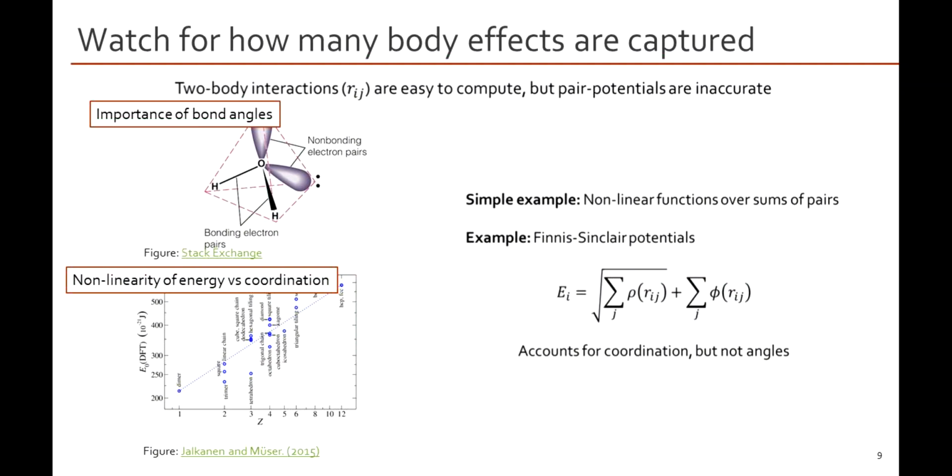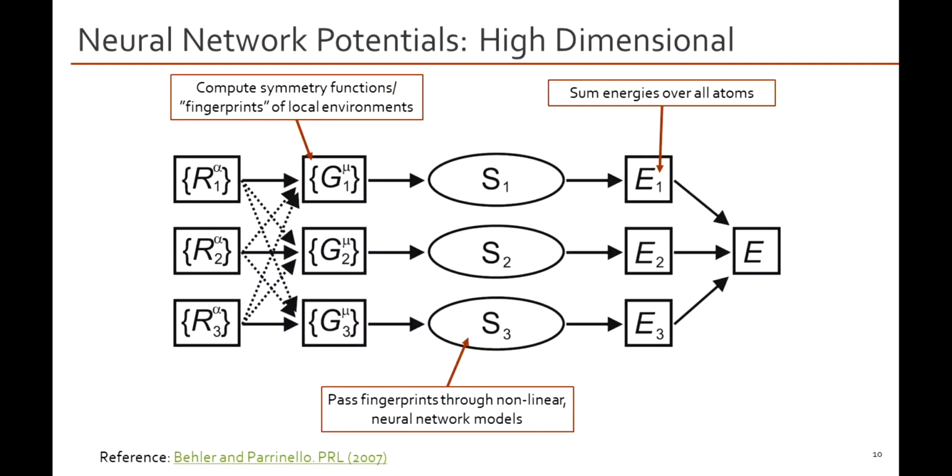And the first of which is one of the earliest that were developed, and this is the so-called high-dimensional neural network potential, which was developed by Behler and Parrinello in 2007, which has 3 main features to note. The first of which is I use as the inputs to my machine learning model these fingerprint or symmetry functions. So what these do is they describe each atom based on the distances between it and the bond angles between its neighbors. So that gives me a single fingerprint which describes a local environment that I pass through a nonlinear